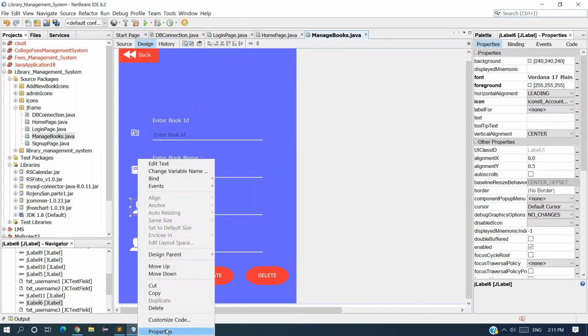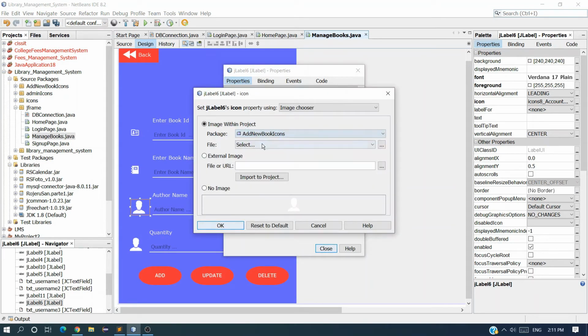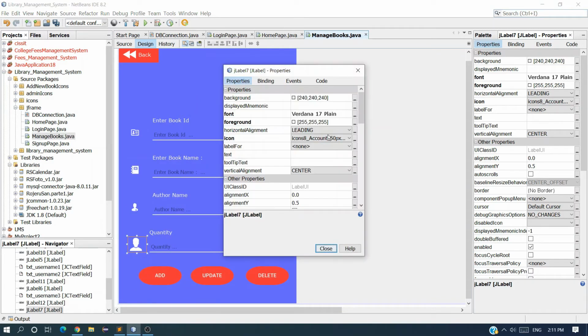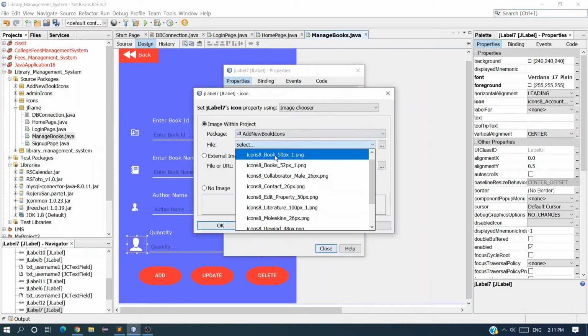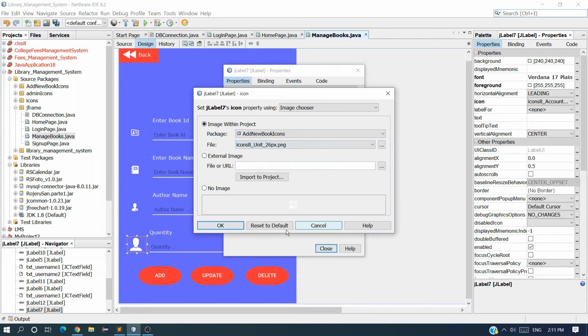And the next is author name. Go to properties, add new book icons, this one. The last one is quantity. Go to properties, add new book icon, and here you can select unit.